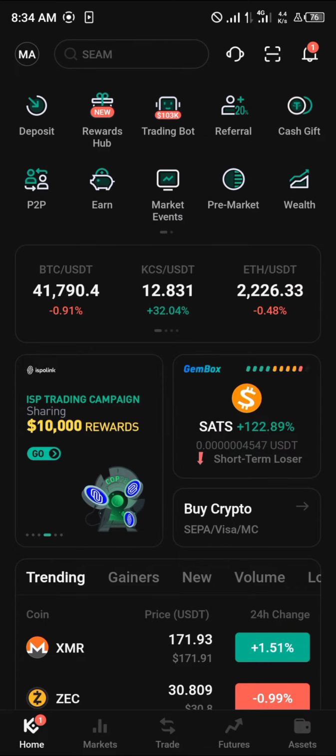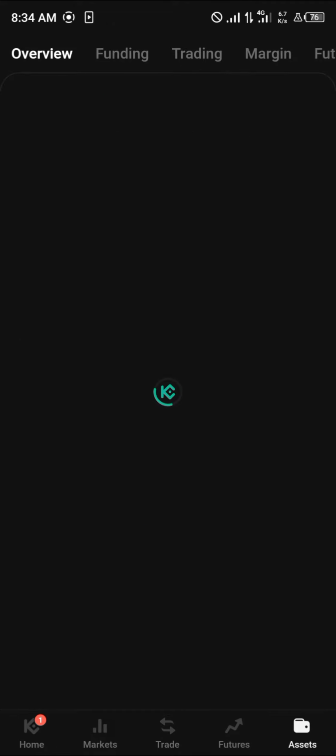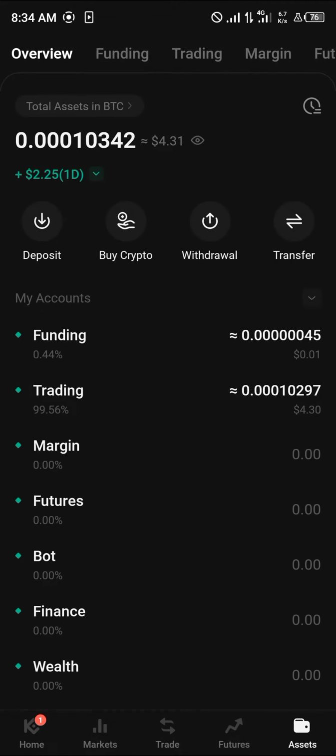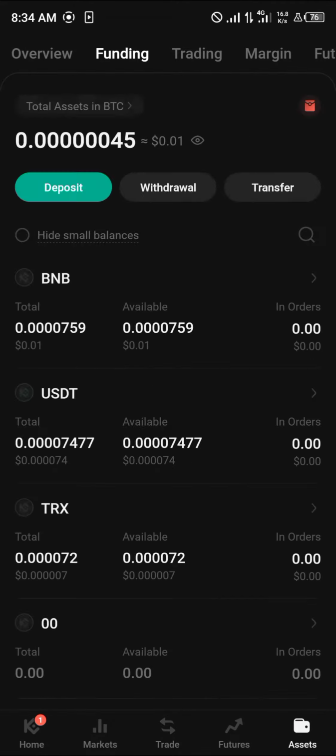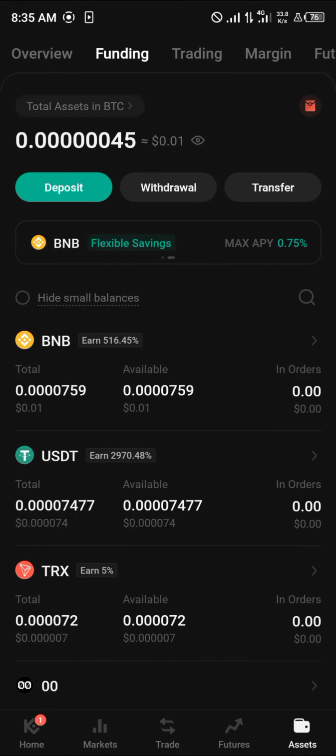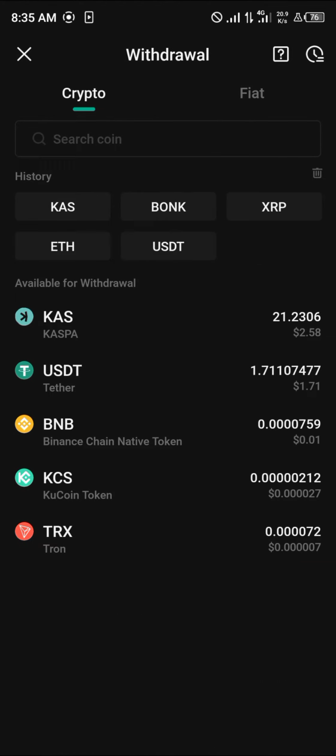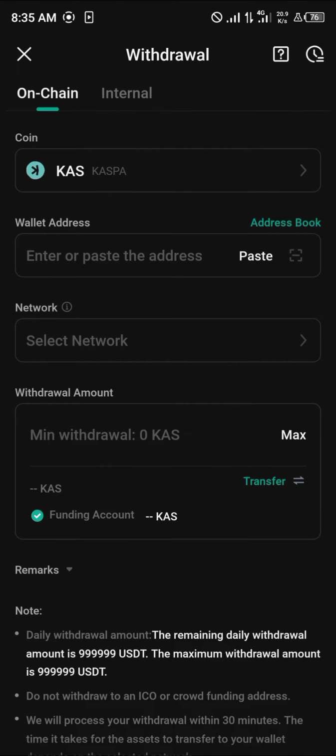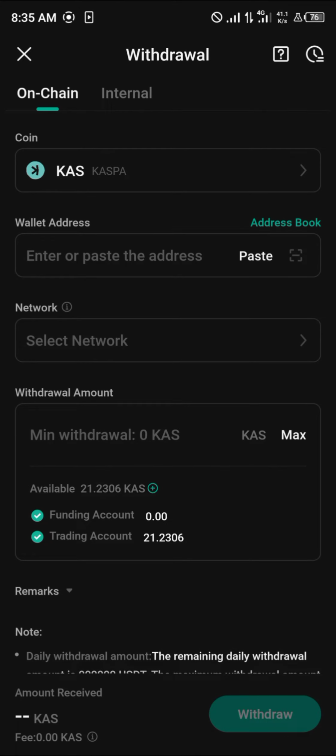So guys, with the app opened, head over to the assets menu where your Kaspa is stored. Scroll from the overview to the funding or trading, depending on where your Kaspa is. Once you found your Kaspa and the amount, head back to the overview, click on the withdrawal option that you see, click on the Kaspa, which is available for withdrawal. The address, we're going to be getting it from